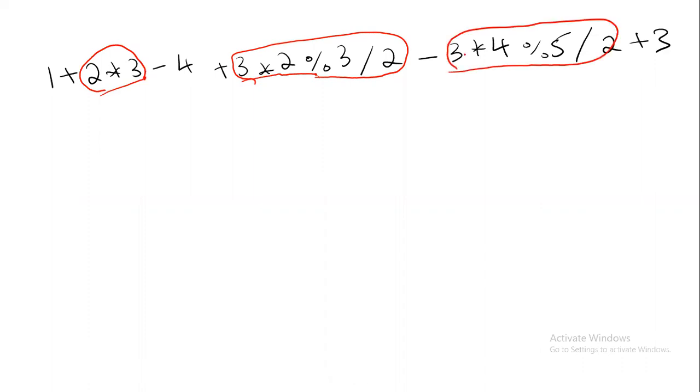Whatever I have grouped, I only write the answer for that. And other operators you should not touch. You should keep them as they are. So when I write the answer, 1 plus, what is 2 into 3? 6, minus 4 plus, yes, from left to right I have to solve, 3 into 2. So let me change the number now actually.